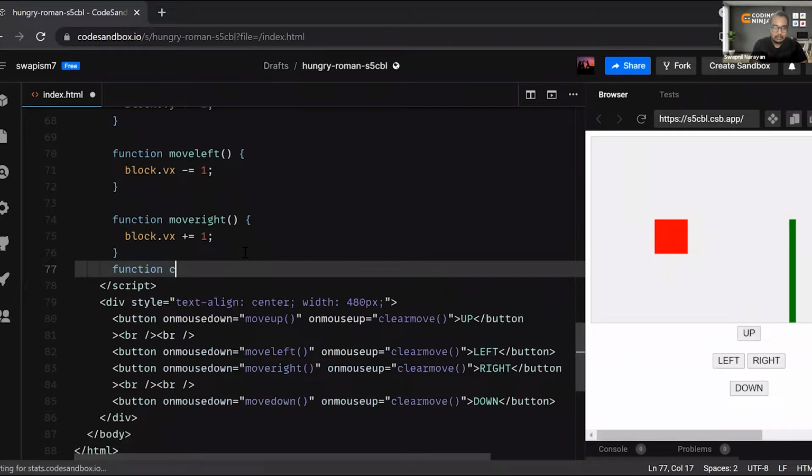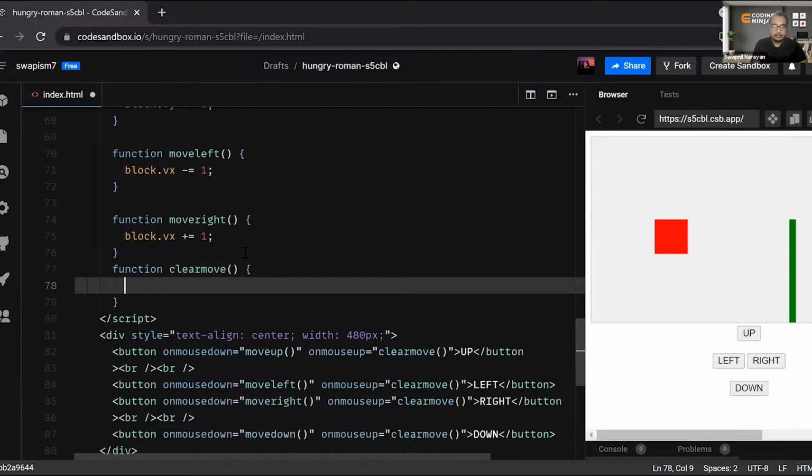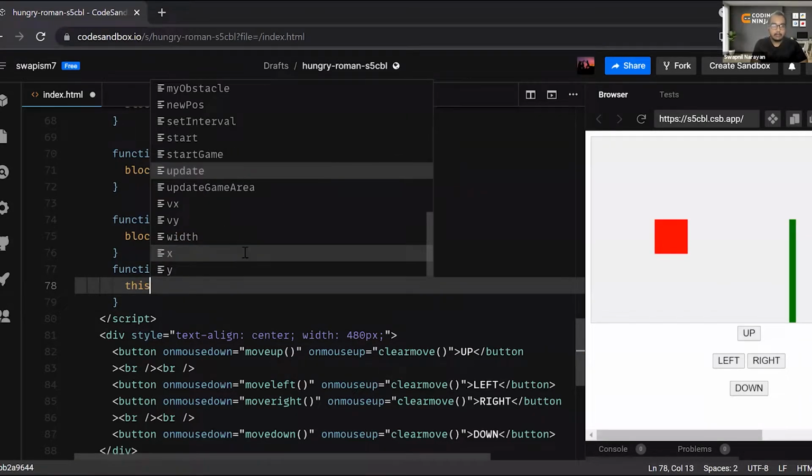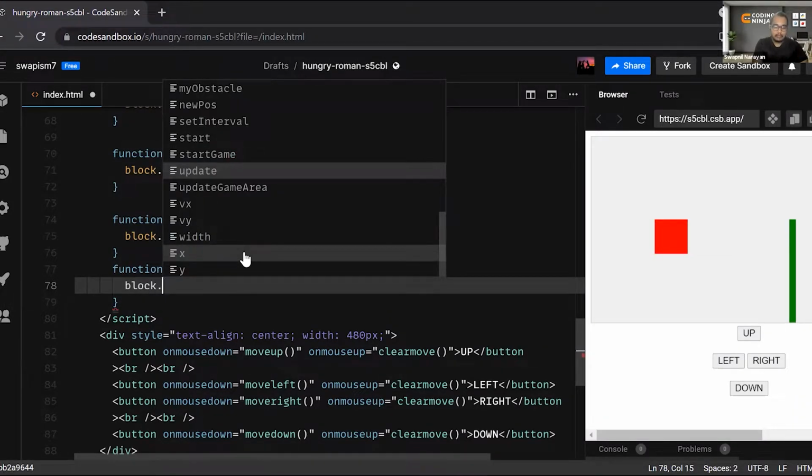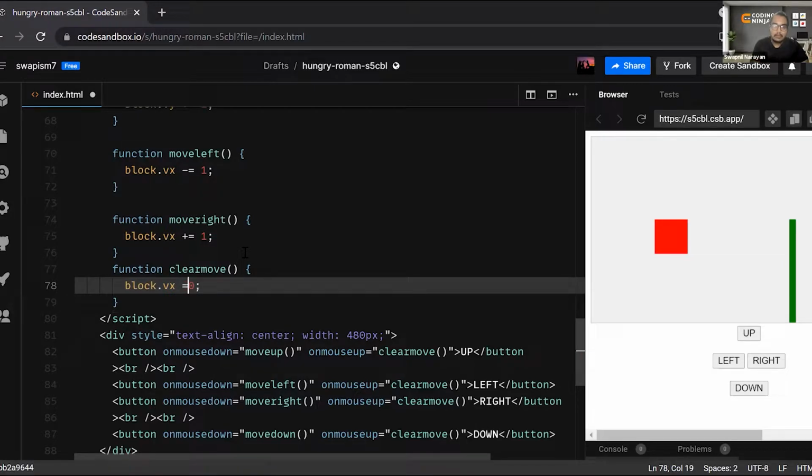So function clear move, this will simply make the block dot vx equal to 0. It will stop moving.